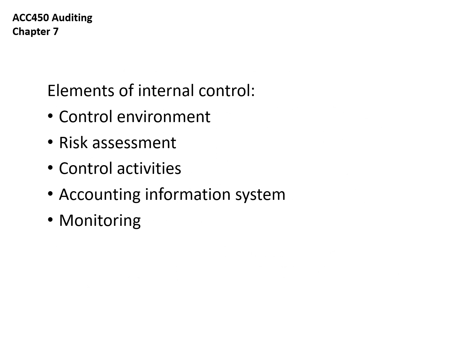So the elements of internal control, different books use different terms for them, but they basically fall into these 5 categories, and I'll talk about each in more detail. The control environment, the company's approach to risk assessment, the different control activities, which is kind of the bread and butter of internal control, the accounting information system, and then monitoring activities.